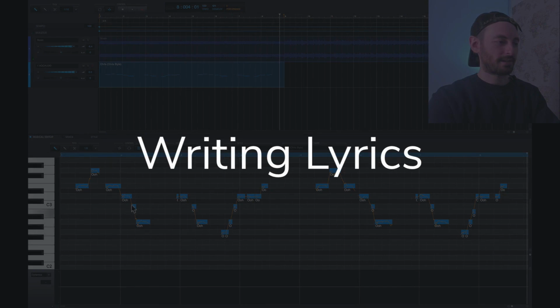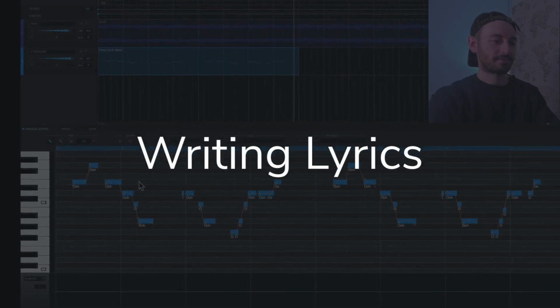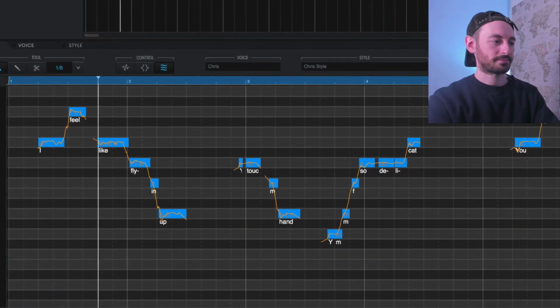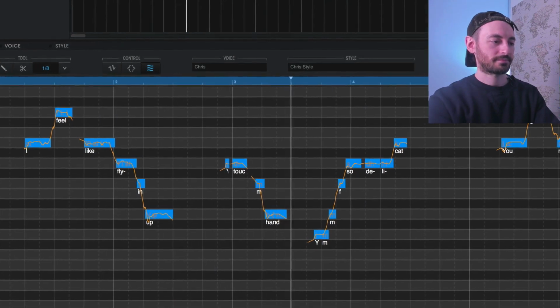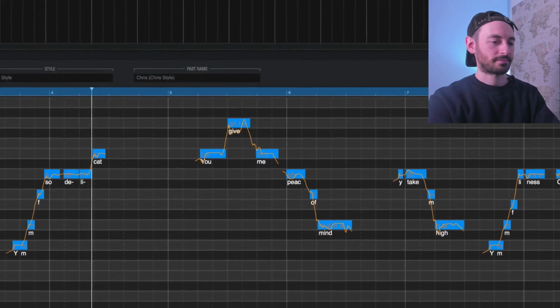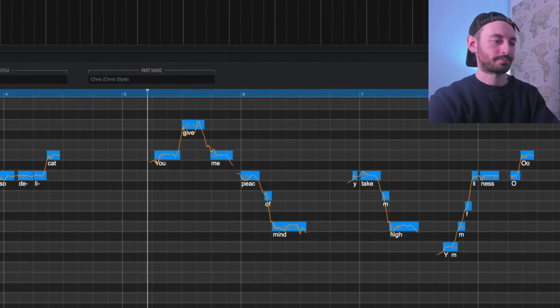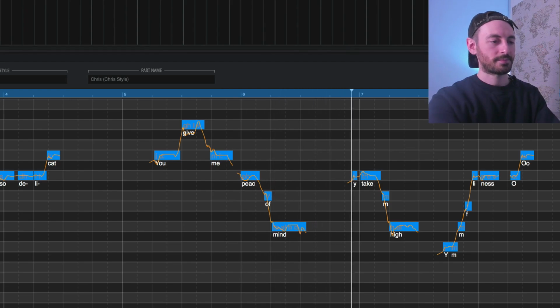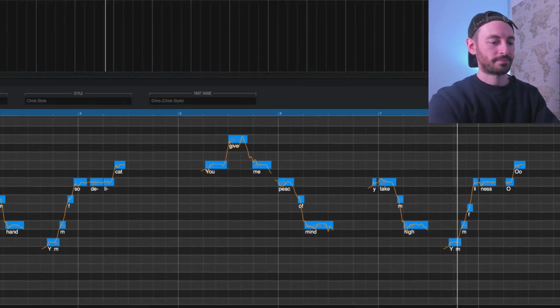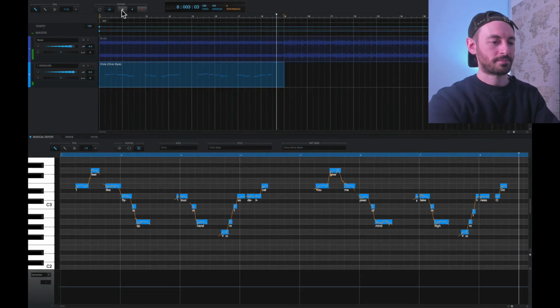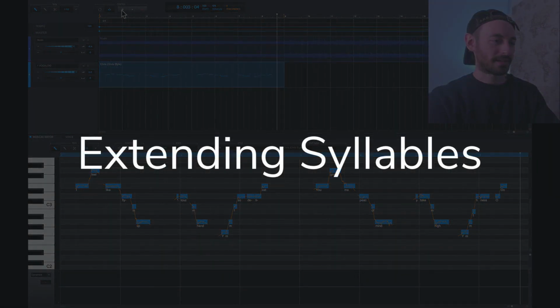All right, and I'll draw in some lyrics. I feel like flying up. You touch my hand, you make me feel so delicate. You give me peace of mind. You take me high, you make me feel like this. Ooh. Now, I'm going to apply that little dash trick, and you're going to see I'm going to write in